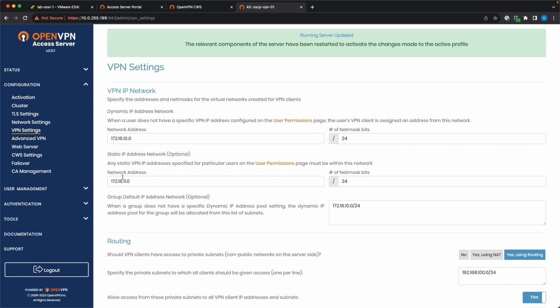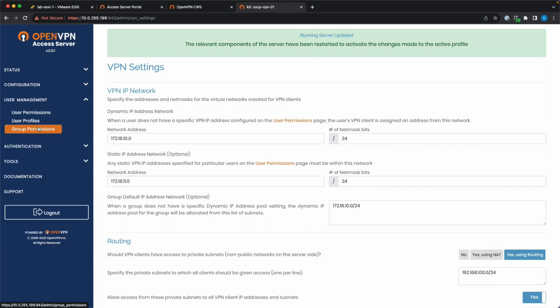Now that we've set that, and we have our static address range set, we can go back to our user. This is kind of an order of operations. If you try and do the static address first, it won't work. We have to set this range. Now we can go over here to user permissions